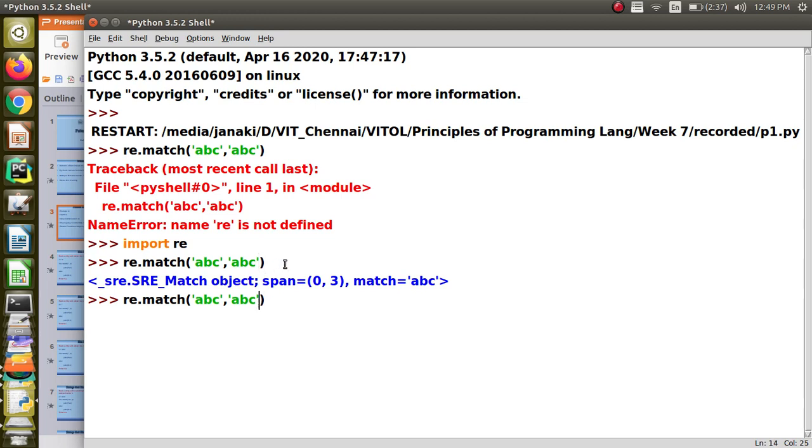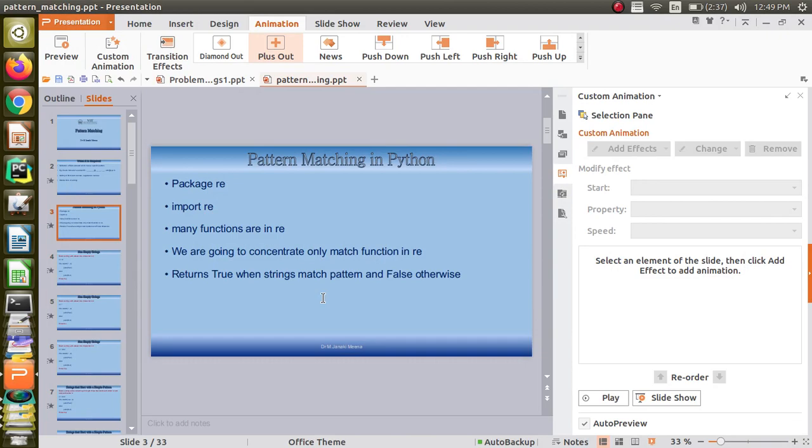If there is no match, for example, I am saying ABC and asking to find it in the string EFG, ABC is not present in EFG, so it will not return anything, or I can say it is returning a None value. None is false in Python. So based on the return value, we can decide whether the match was successful or not. If re.match is true, meaning it is returning something, then it is successful. If it is not returning anything, then it is not successful. Based on that, we can make the decision.